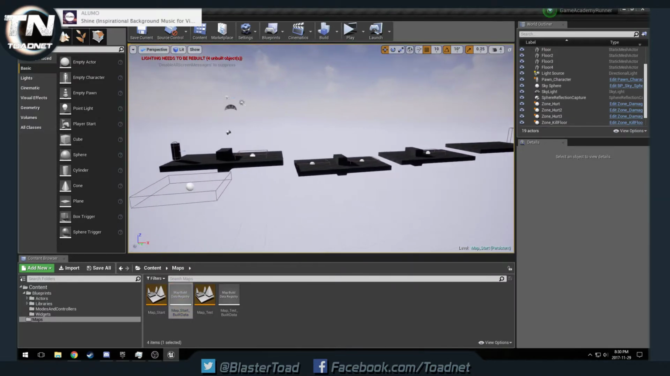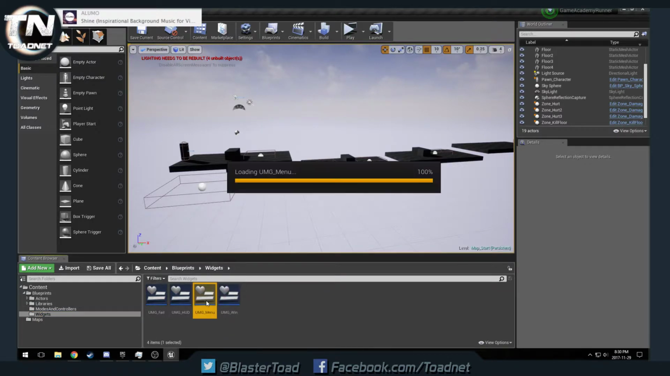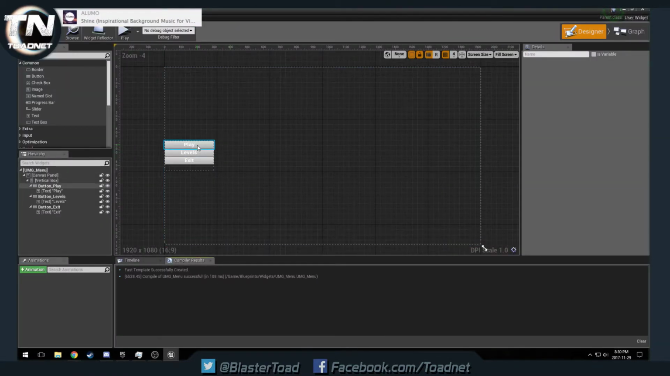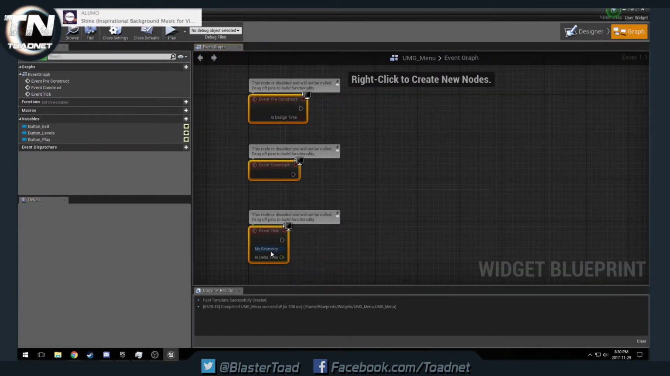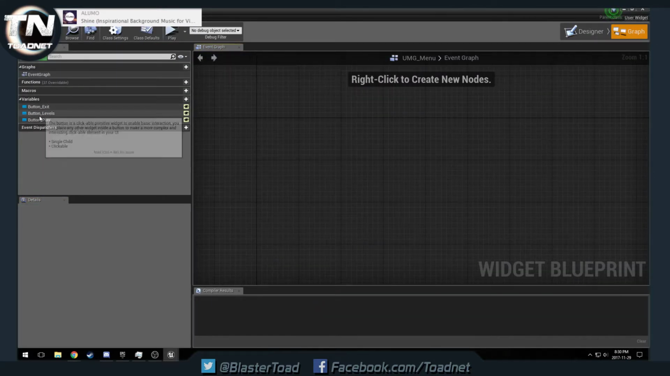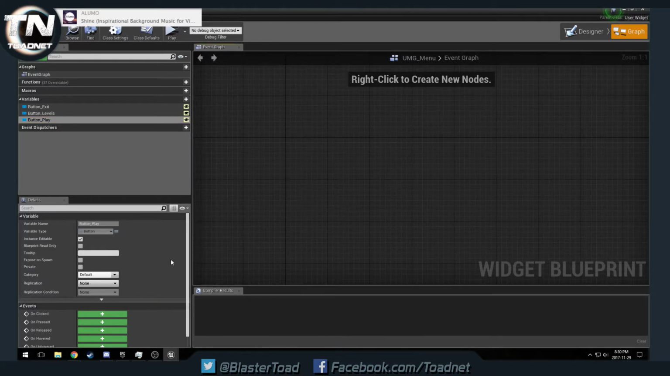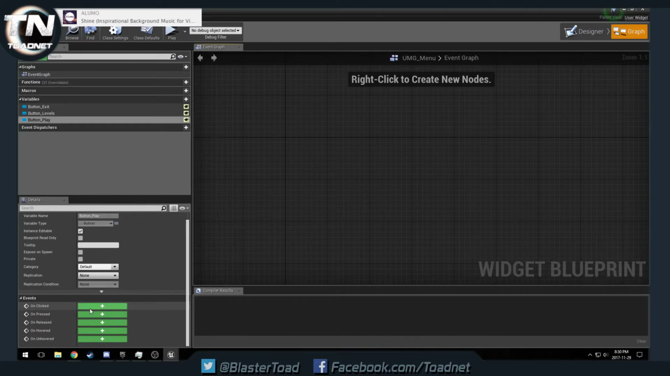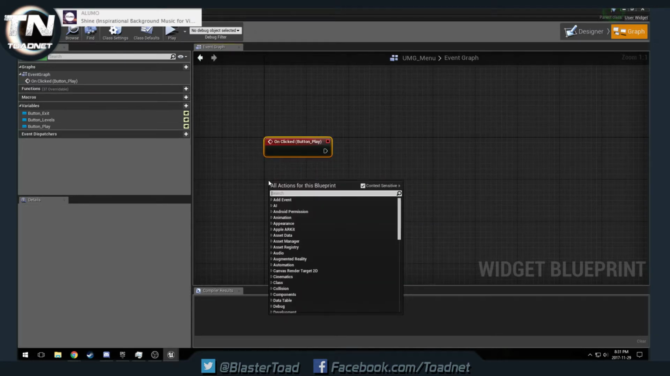So what we're gonna do now is go back to our widgets menu, and on our play button, we're gonna delete everything that comes with it. I'm gonna choose our button play, because remember we named everything. We always want to name things so we can easily find it. And we want to on clicked, get player controller,